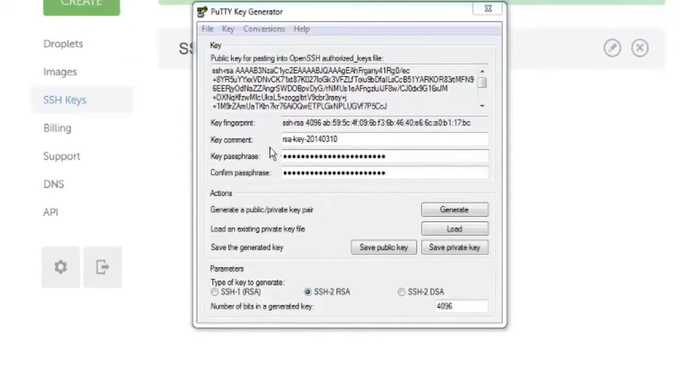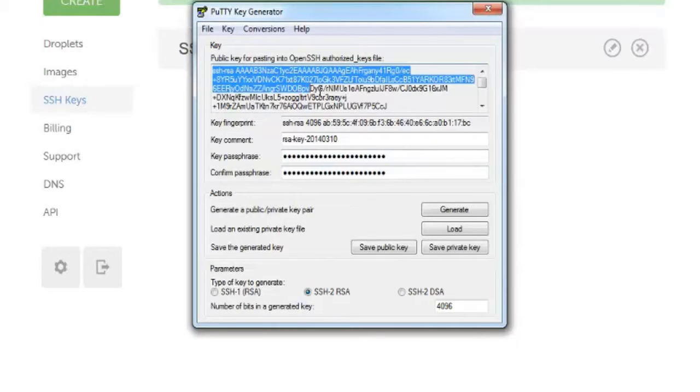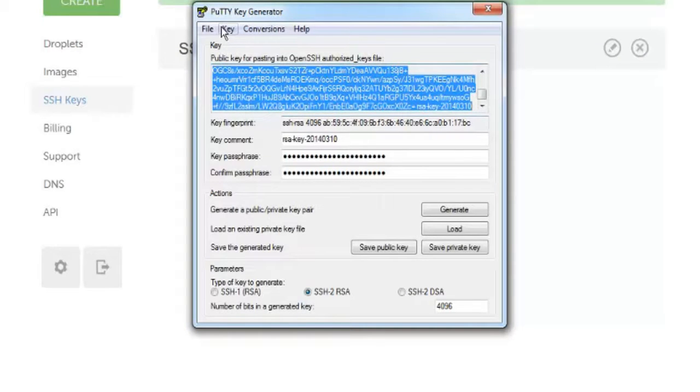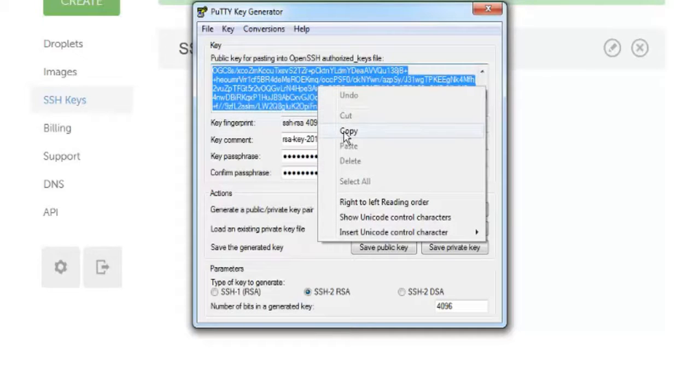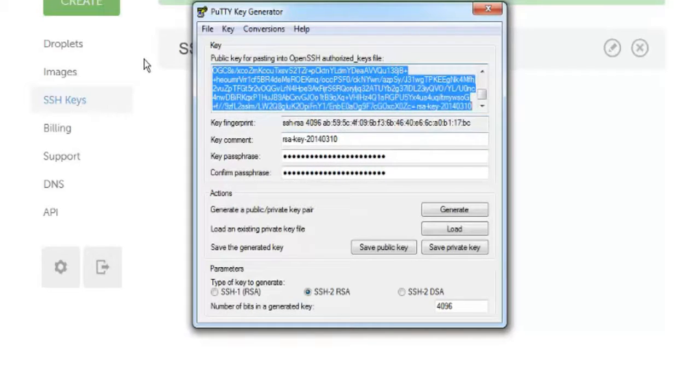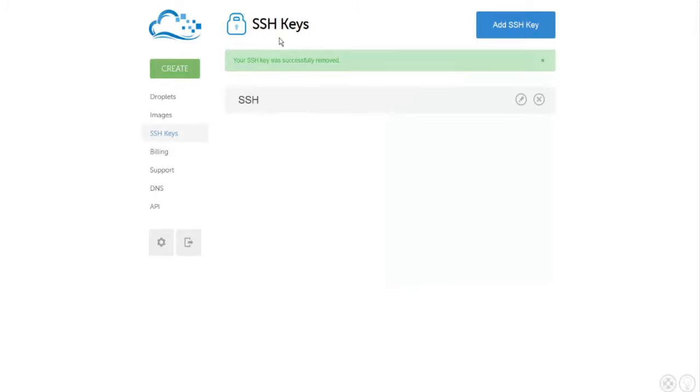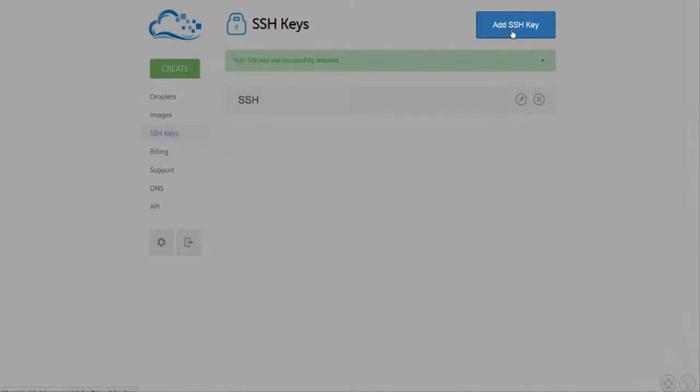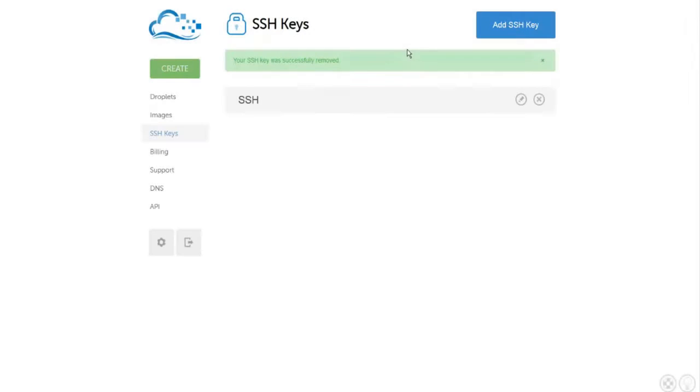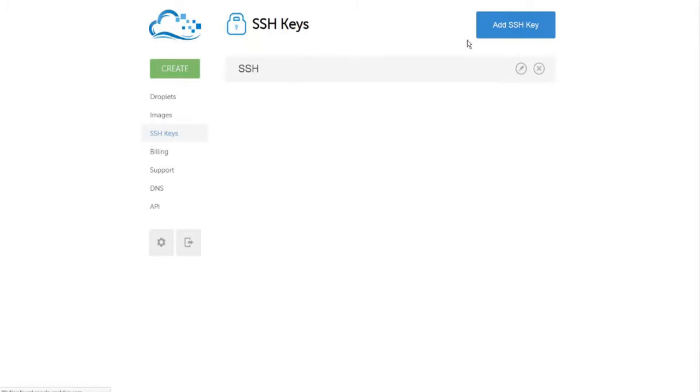Okay, now that you have your SSH key created with the PuTTY key generator tool, you can copy over this SSH key when you go to create a new droplet at the DigitalOcean site. But what you want to do first is add this SSH key to the system before you create your new droplet. You'll click on the SSH key menu first, which will bring up the menu option,